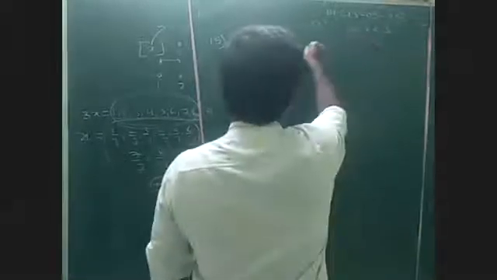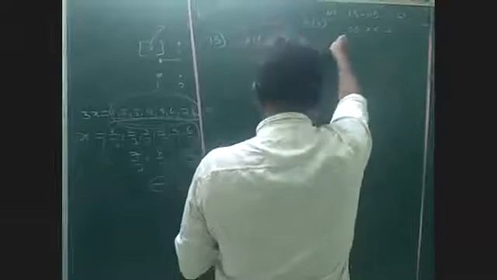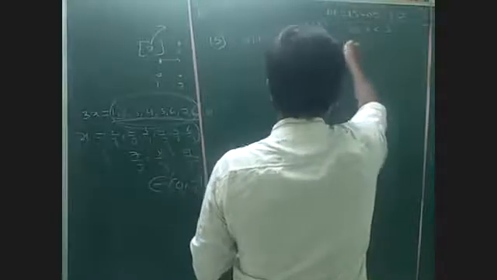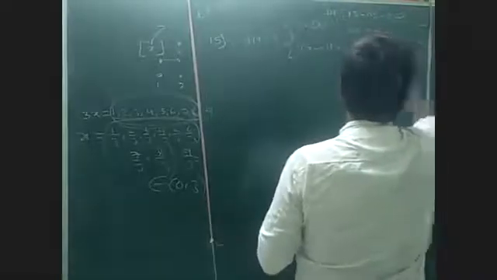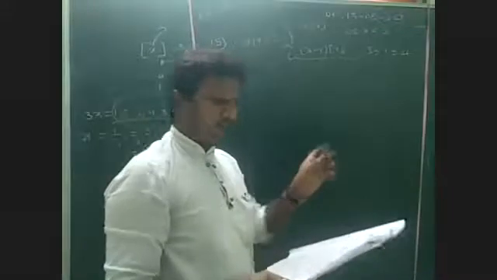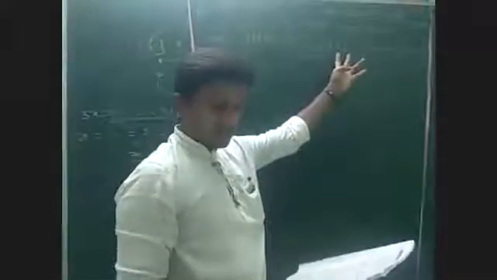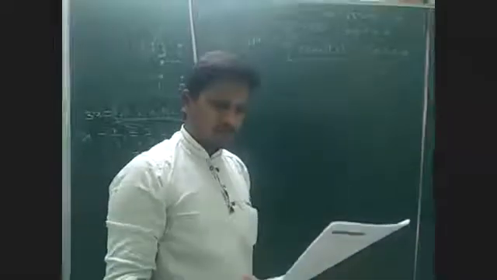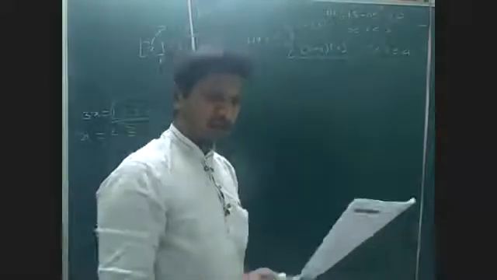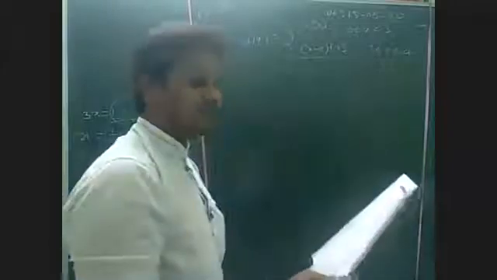And here (x minus 1) [x], 3 less than or equal to x less than or equal to 4. Observe here. So here the question is: this [x] is the greatest integer function. The function is continuous and differentiable, continuous but not differentiable, or discontinuous. Let us see each and every option.